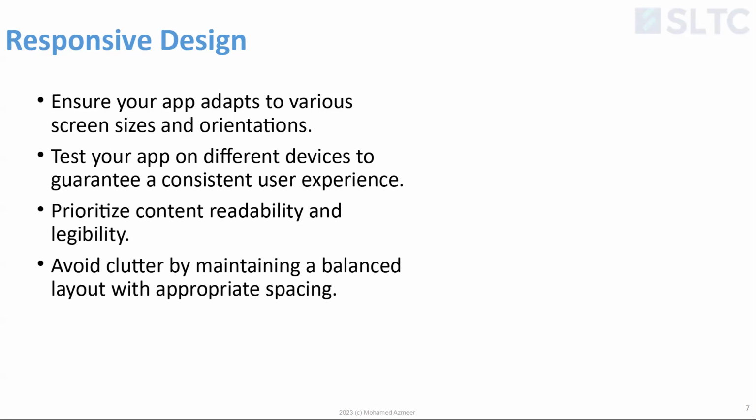Now, for example, if your device has, let's say, 600 pixel width, and you're designing for 600 pixel width. But when you launch it, you realize there are people who have 700 pixel width or 1000 pixel width. Now, how do you adjust it? Are you going to put that onto the center of the screen and then keep the left and right blank? Or are you going to adjust it to the entire width so that it looks like it's designed for that mobile application? So that is responsive design.